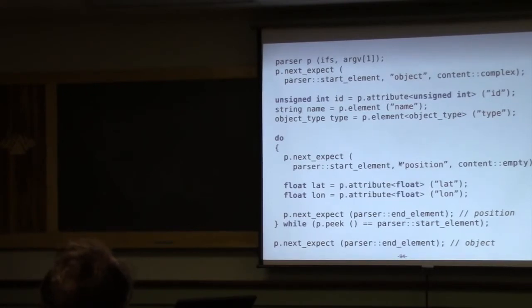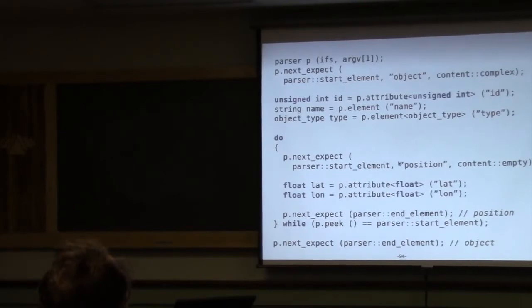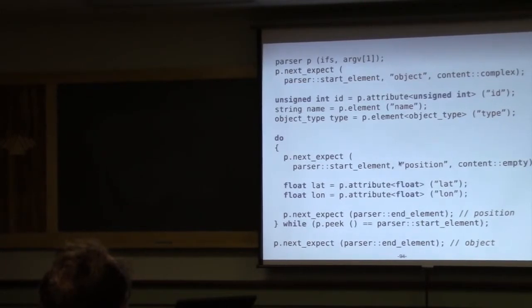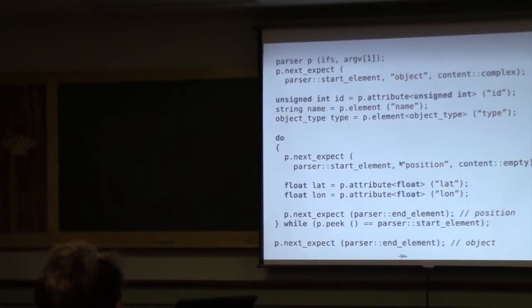Okay, question? Well, the implicit assumption here is that we should have at least one position element. So this is enforced in this arrangement. I go unconditionally into the loop and expect to get a position. If there is another position, then I go again. But if